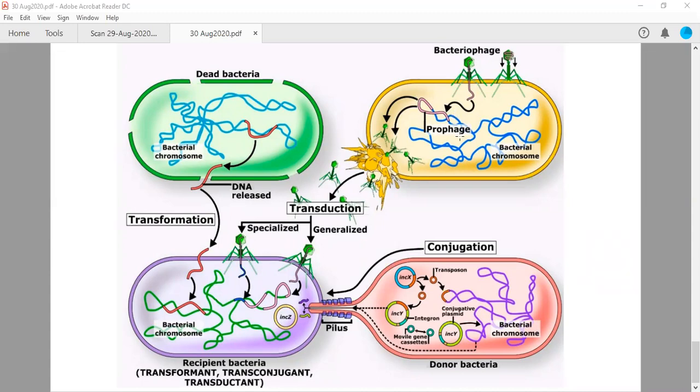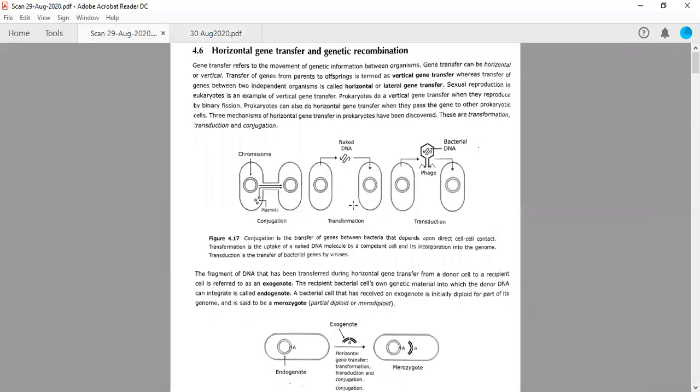So you need to remember there is a difference between prophage and episome. Episome we have also studied. HFR we have discussed. HFR is when a plasmid is integrated into the bacterial chromosome. Prophage is when what is integrated is not actually the phage genome, it is a bacterial genome which is coming from some previous bacteria. I will show you one more diagram in which it is more clear.